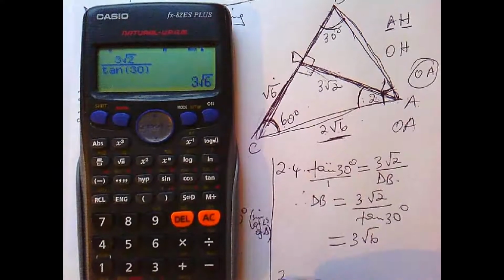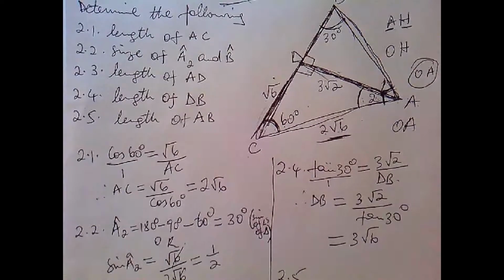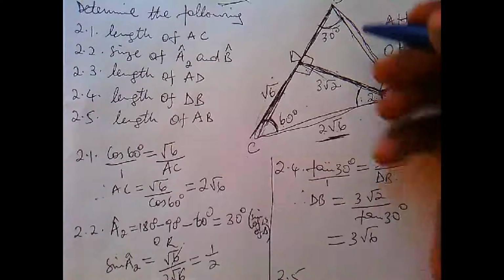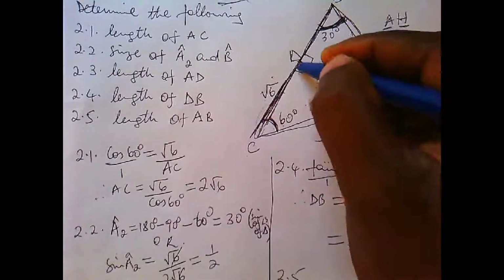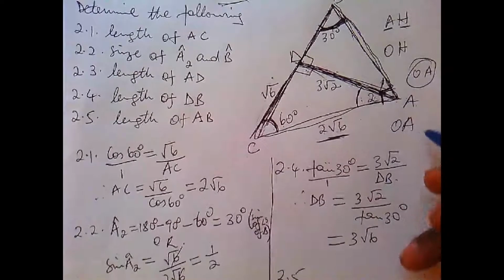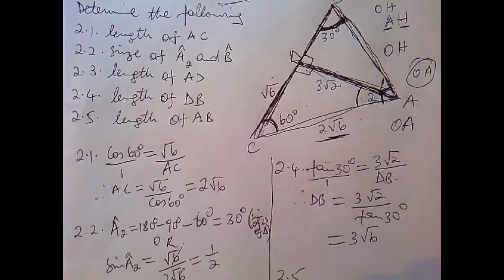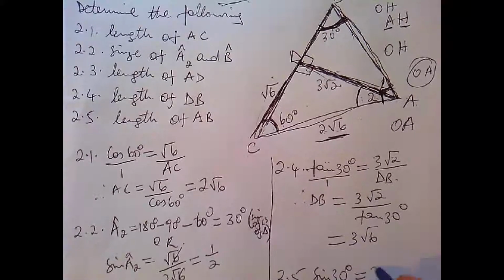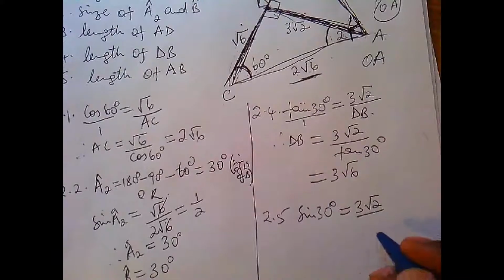Then the last one, which is 2.5. You have to calculate the length of AB now. Once again, AB is just the hypotenuse of that triangle. So you can still use opposite as well as hypotenuse, which means that will be sine. So sine 30 degrees will be opposite, which is 3 square root 2, over hypotenuse, which is what you are looking for,